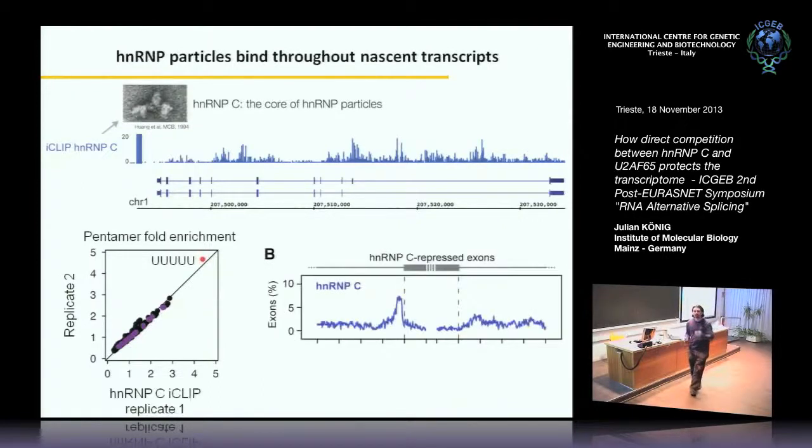And binding of hnRNPC seems also to be functionally relevant for alternative splicing. So exons that are repressed by hnRNPC, so this is when you do a knockdown of hnRNPC, exons that show higher inclusion,